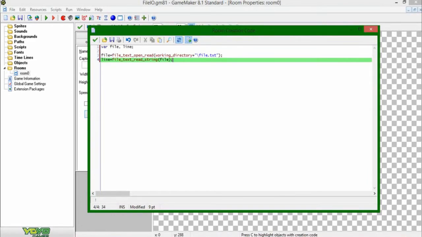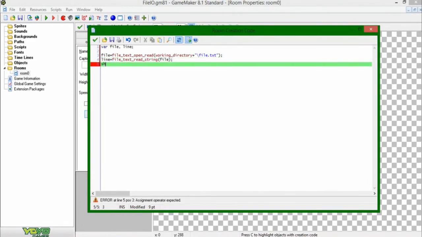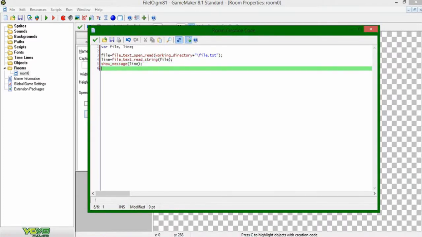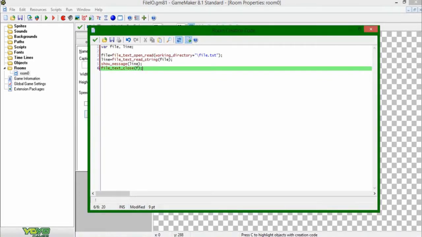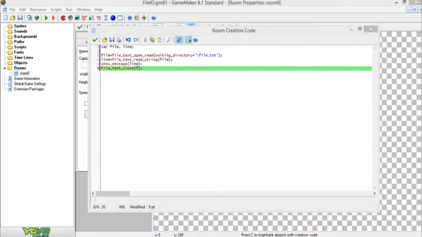But anyway, next thing we're going to do is we're going to be showing the value of line on the screen so that we know it's read. And then we're going to be closing the file. Once again, it's good practice to close your files when you're done using them so that they're not wasting RAM and so that accidents don't happen where you try to, I don't know, open a file twice or something weird like that. Now, this isn't going to do anything at first because I don't actually have a file named file.text in here that has any contents in it,